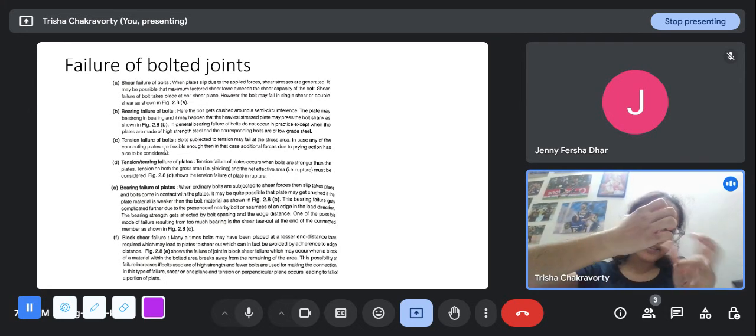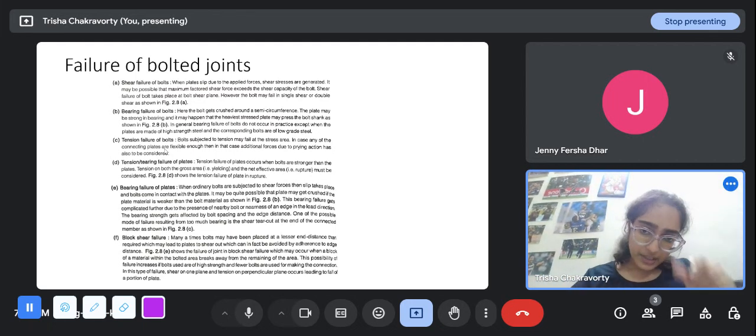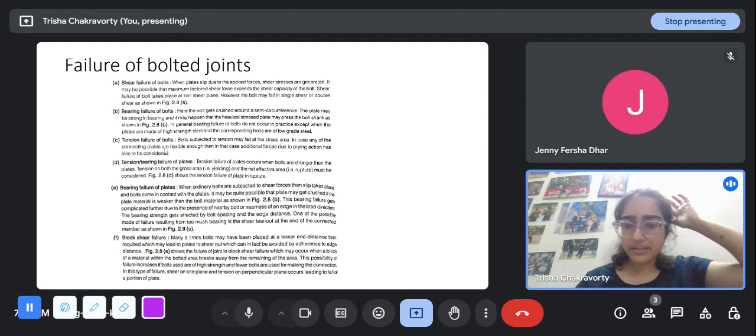It is just that the bolt is undergoing tension. The shank of the bolt is a cross section. It is undergoing tension, and just like we saw in that stress strain curve, we took a cylindrical steel specimen and applied tensile force on it. At one point it will fracture, right, at the point F. So that is what tension failure is called.